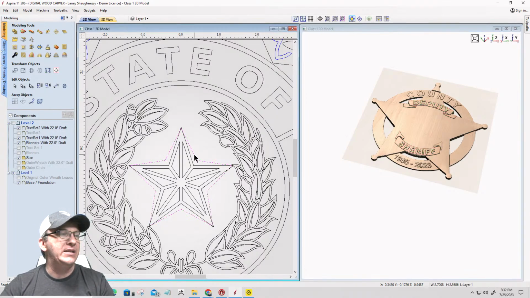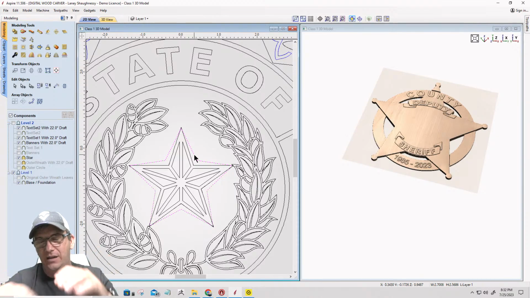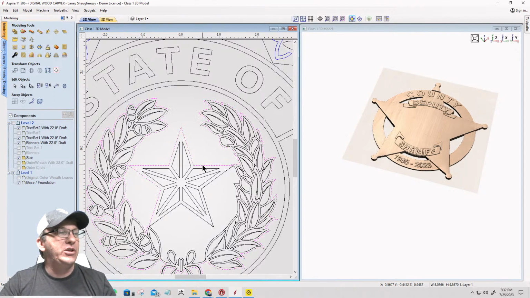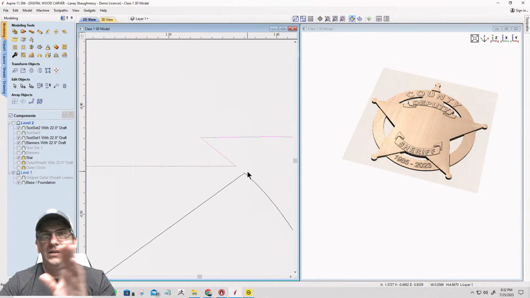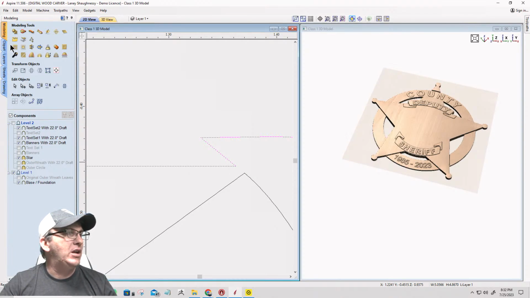Number one is the star vector that I created earlier to show an example of add. I want to get rid of that. It's not part of the design. Number two, this star here is currently connected to the leaves. Don't want that. Okay, so I need to go into node editing mode,